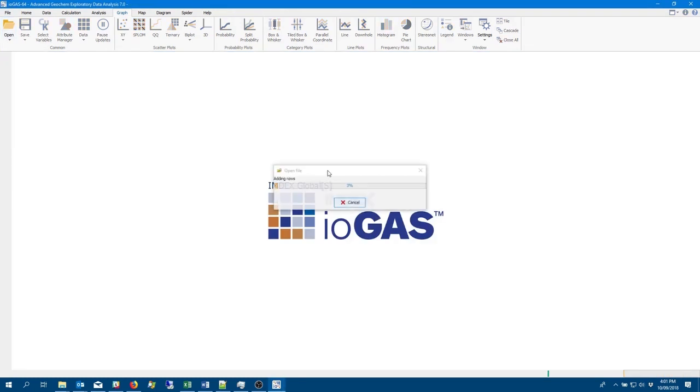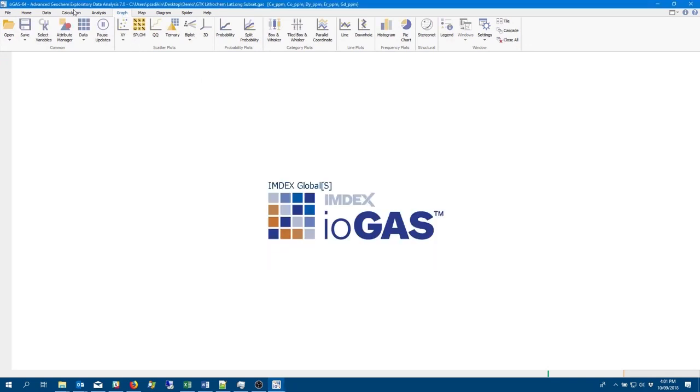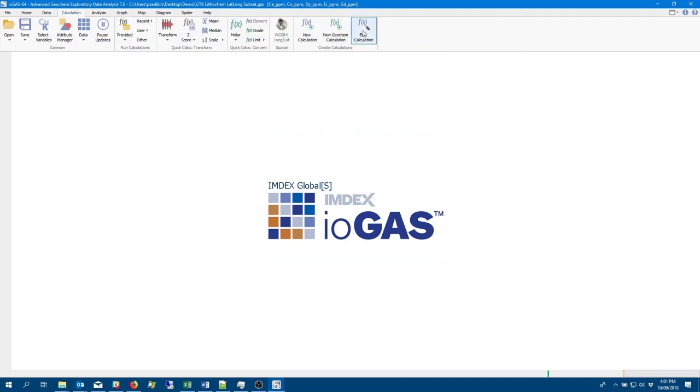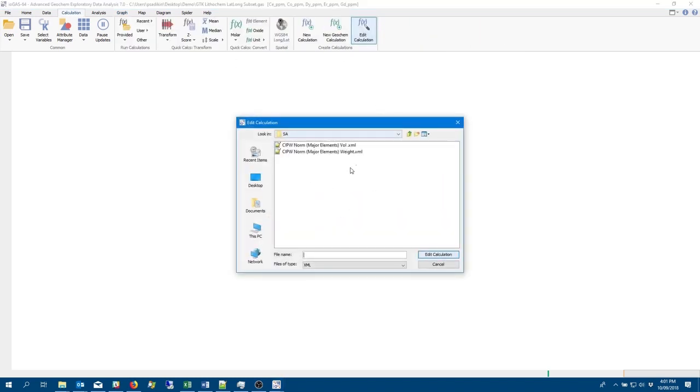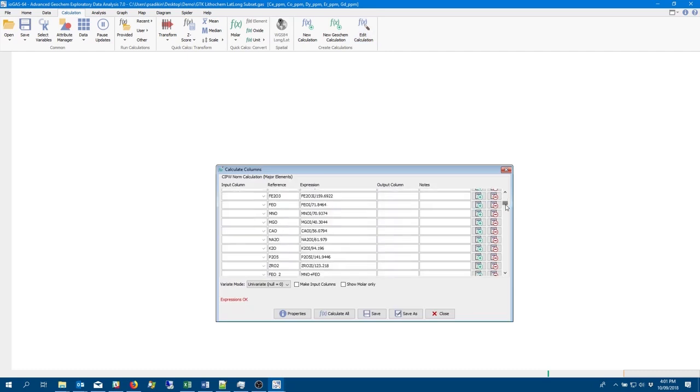And you can see how I open the file from the Graph tab as opposed to opening it from the File tab or from the Home tab. The new and Edit Calculation Tool interface has been completely reworked, and you can now assign a reference name to an expression, which will allow you to refer to another expression from an expression, thus allowing function-of-function calculations to be